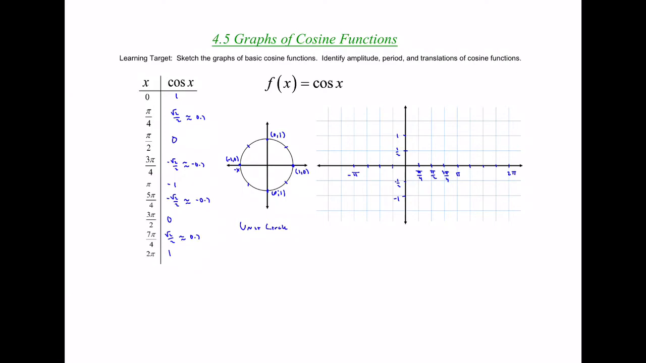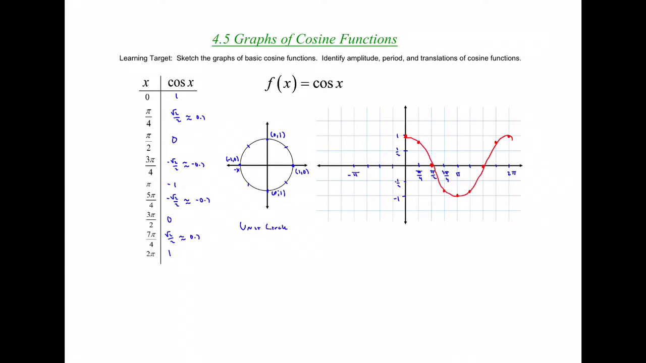So let's plot the points that we have. At 0, it is now 1. At pi over 4, it is 0.7. At pi over 2, it's 0. At 3 pi over 4, it goes down to negative 0.7. At pi, you're at negative 1. Then we start to work our way back up: negative 0.7, 0, back to positive 0.7, and then at 2 pi, we're back at 1. This represents 1 period